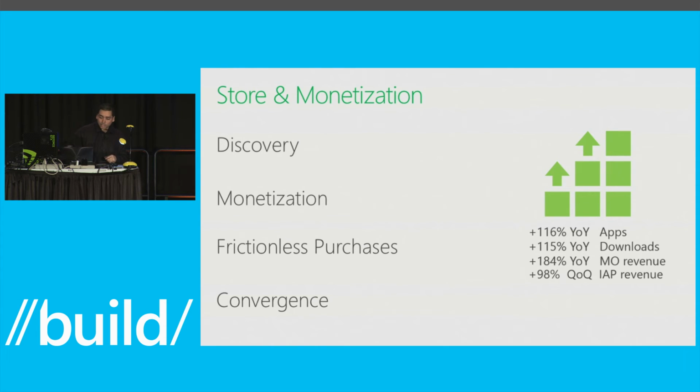But the big one that we're still working on is convergence. I was here a year ago and we said, hey, we're working on convergence. Our stores are also working on convergence. We've made a lot of progress. Now you register once, you pay one registration. Our portal is coming together. And we have this new concept that you saw earlier at the keynote, universal Windows apps. That's an app that somebody can buy on Windows Phone and they can run on Windows Store.